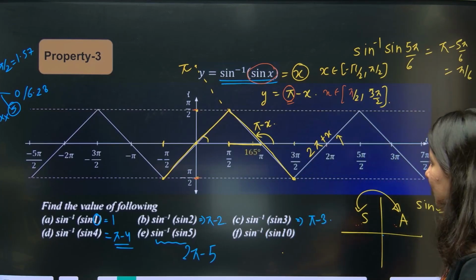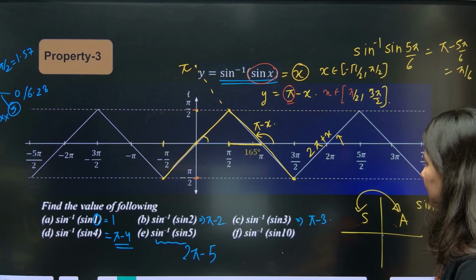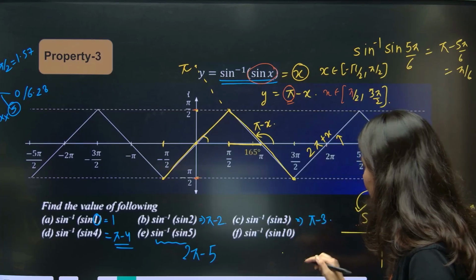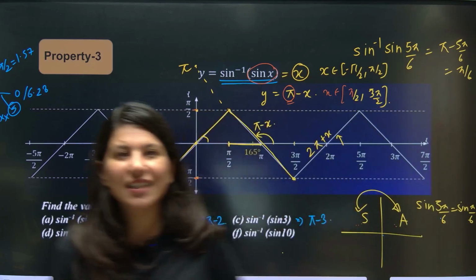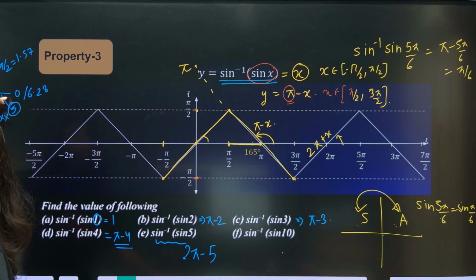And sine inverse sine 10. 10 is exactly where? Can you see, approximately 3 pi? So first pi, first and second quadrant, and these two will be the same angles, and this is your 2 pi. So this will be your 2 pi minus x. Correct? 3 pi will lie over here. Now see, this is 2 pi minus x. Now 3 pi plus x. This one will be 3 pi plus x.